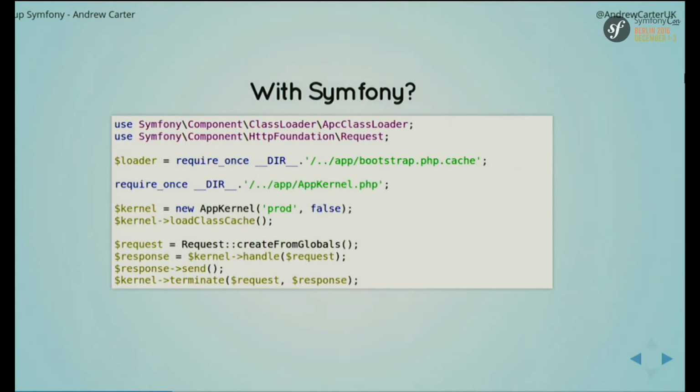Symfony's different. If you've ever looked inside the web directory and looked at the app PHP file, that's your front controller, you'll have found code that looked a lot like this. And what this does is it creates an application, which is the kernel variable in that snippet example. It creates a request from the superglobals array. That's get, post, server, all of those lovely features. And then what I think is the most important line in the entire framework, which is kernel handle request gives